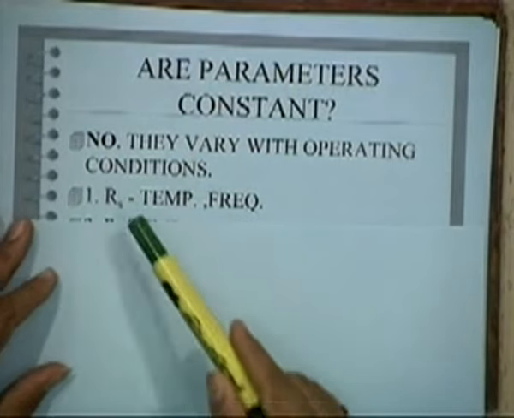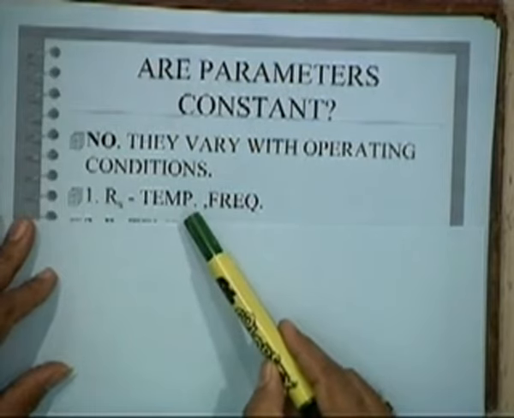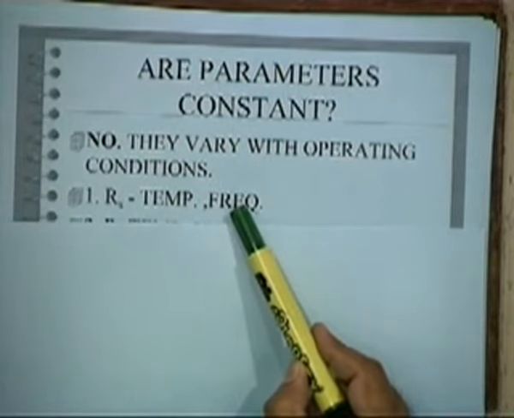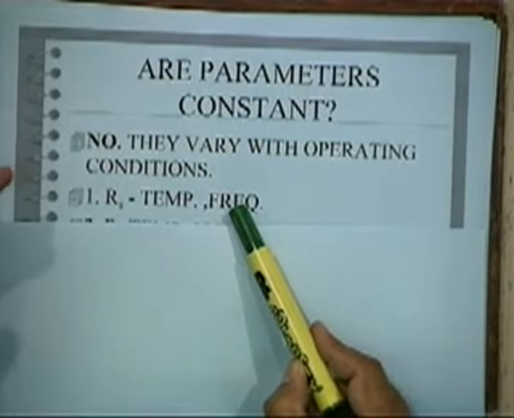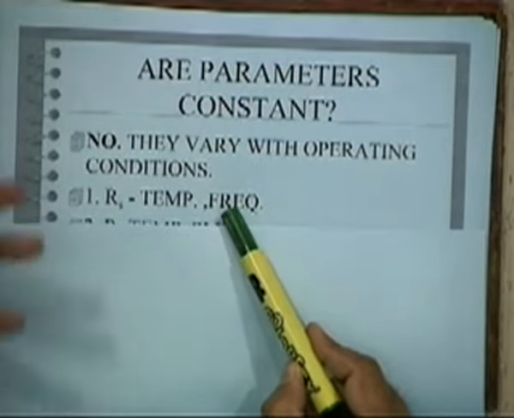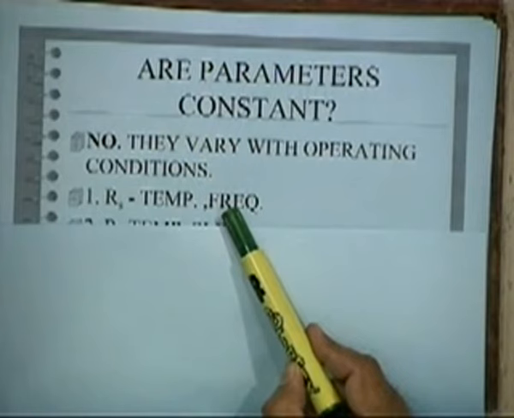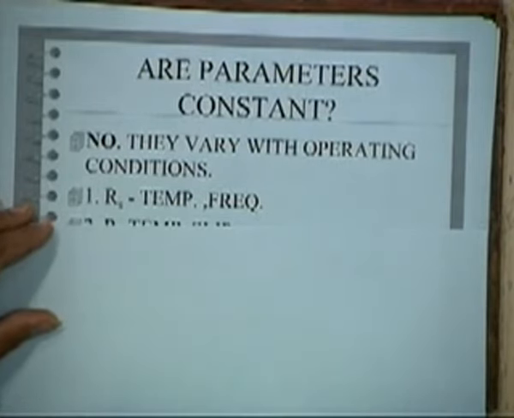Now let us look at the stator resistance RS. It is not constant because it is affected by the temperature of the winding, and it is also affected by frequency, because the frequency of the current carried always affects the current distribution in any conductor. The higher the frequency, the more non-uniform the current distribution, because there will be opposing leakage fluxes, so some inductor effects come into the picture, right? If it is DC, the electrons are uniformly distributed across the conductor cross section, but that is one of the things. Therefore, we should know how to take care of this.